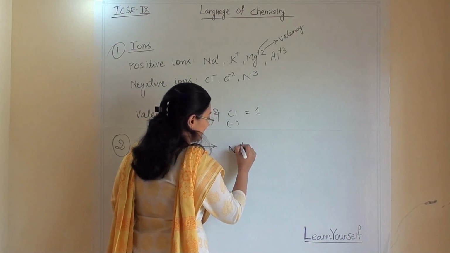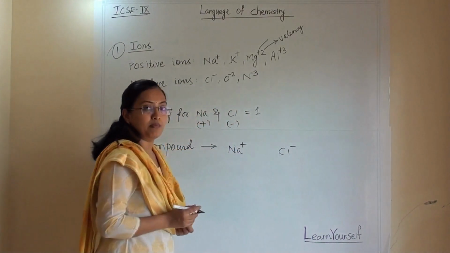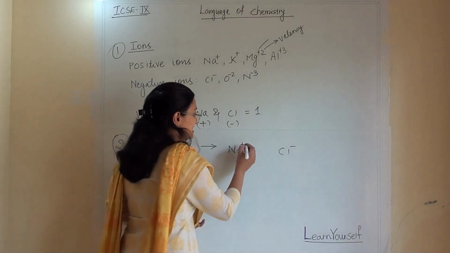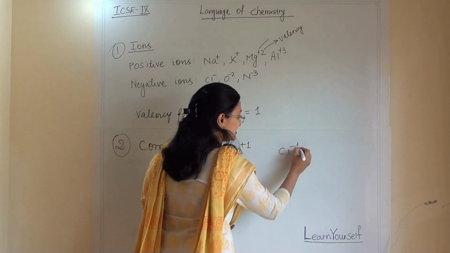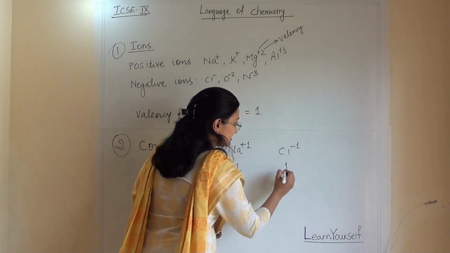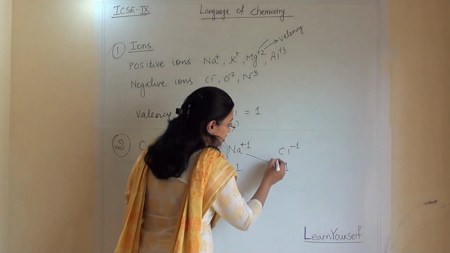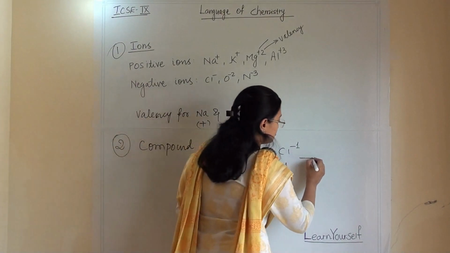Suppose I have Na plus and Cl minus. Na's valency is 1 and Cl's valency is 1. So with cross multiplication, I am going to write it here